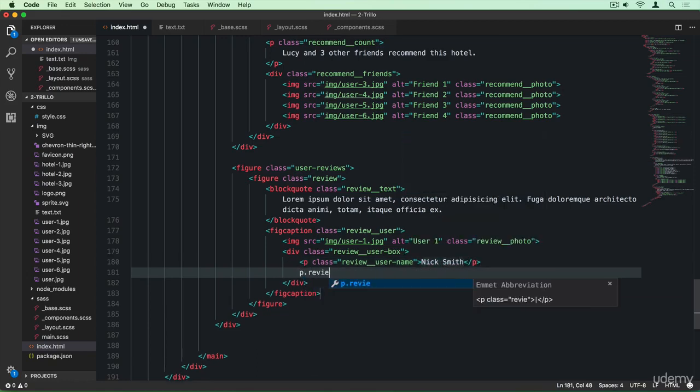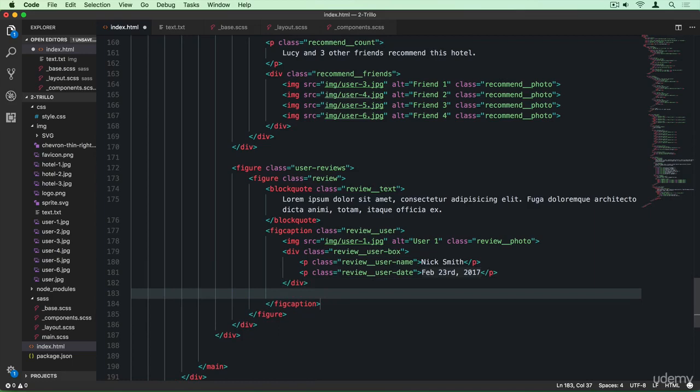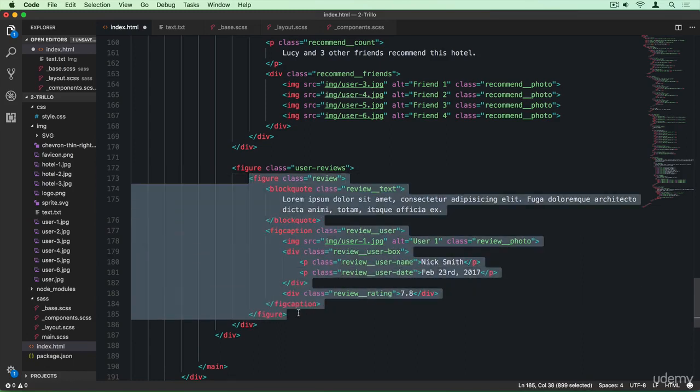And then review user date, February 23rd, 2017. All right, and then finally we have the rating. And this guy gave 7.8 out of 10, so a pretty good hotel apparently. Okay, and that's it for the review. So again, we have the text, then we have the user containing the photo, the name, and the date, and then we have the rating as well. All right, so that is one review,